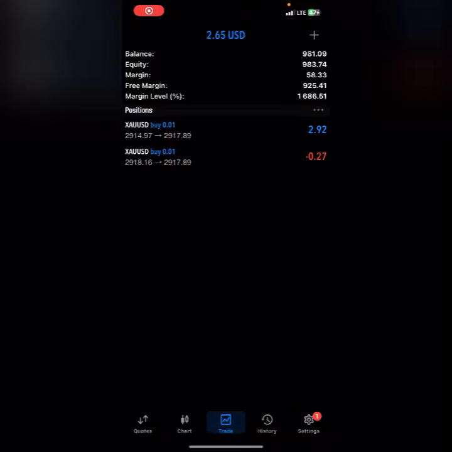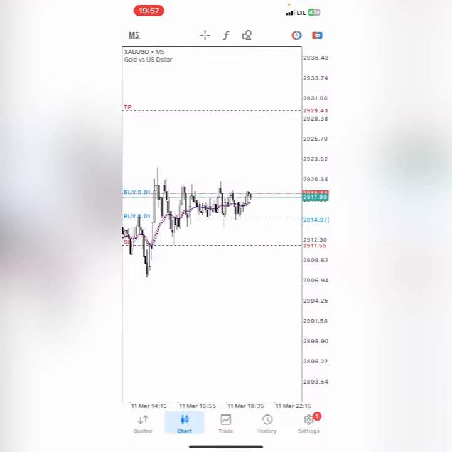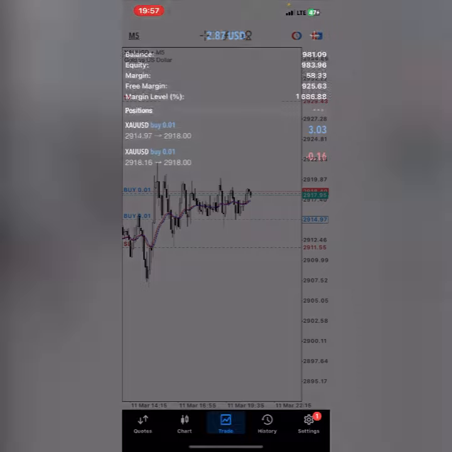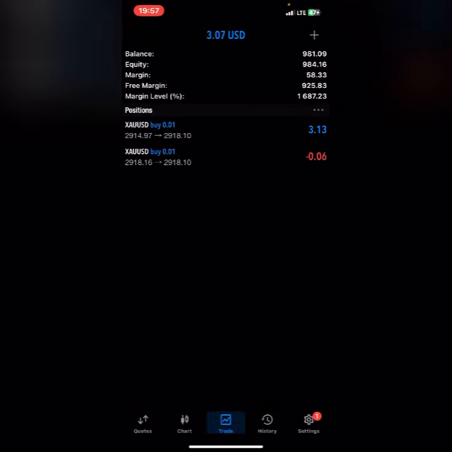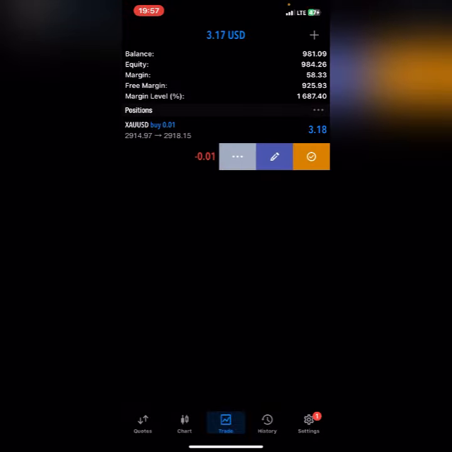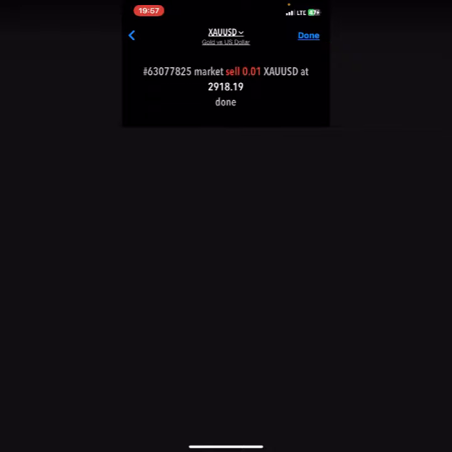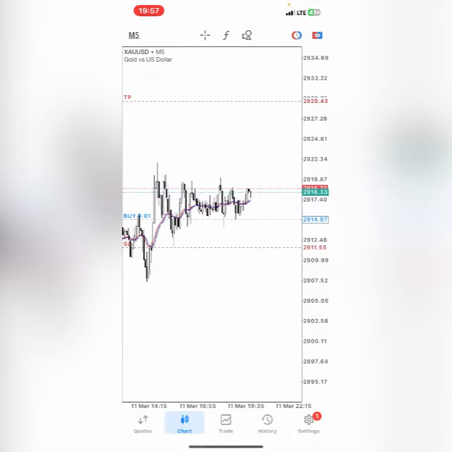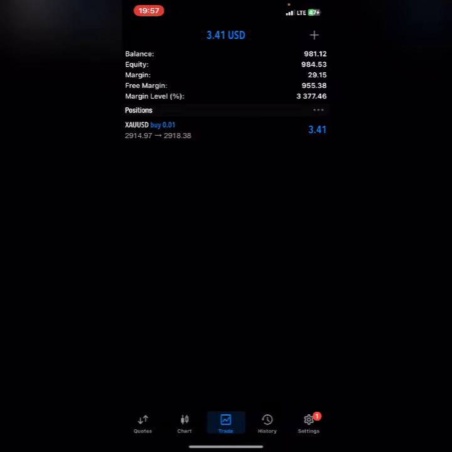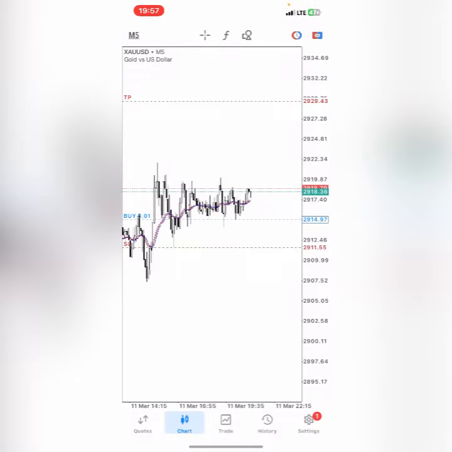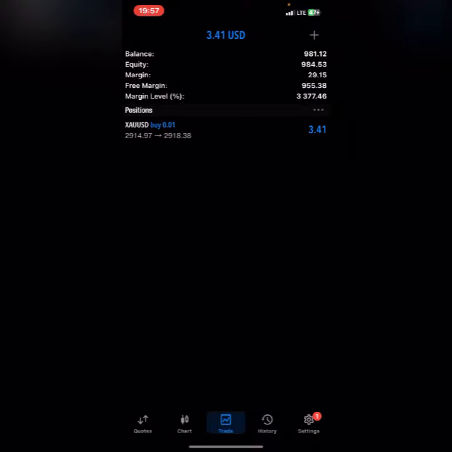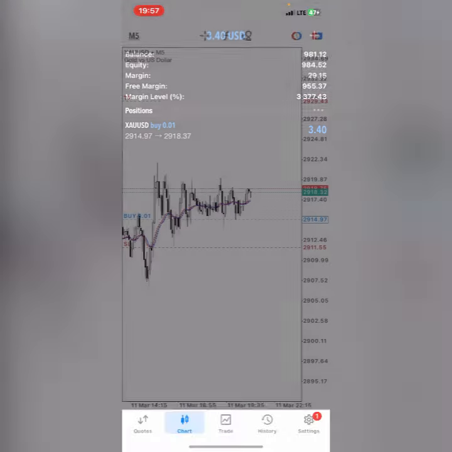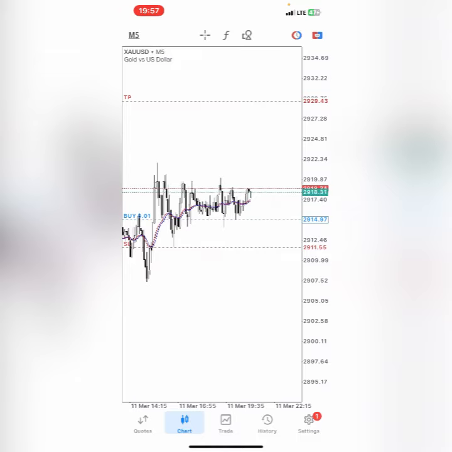All right, I took this trade, and currently this trade has been ranging for a long time. So right now I'm just going to close this trade. So let's just close right now in profit. Okay, or probably I should just close this one position and leave this to run, right? Let me allow this to run.